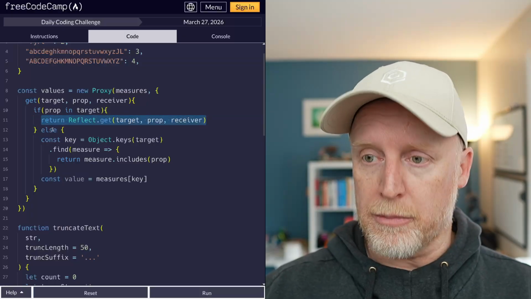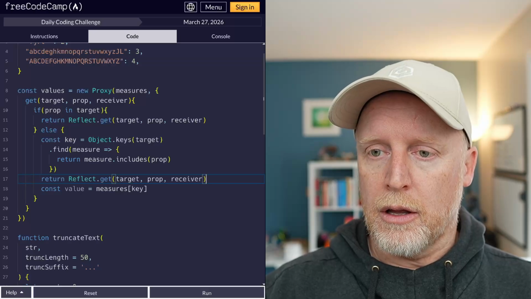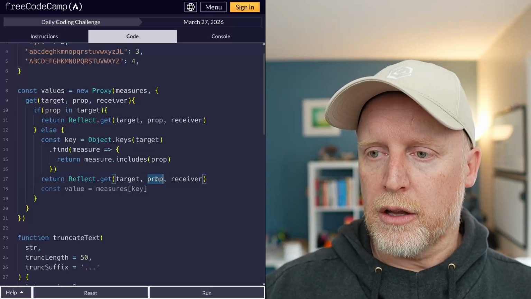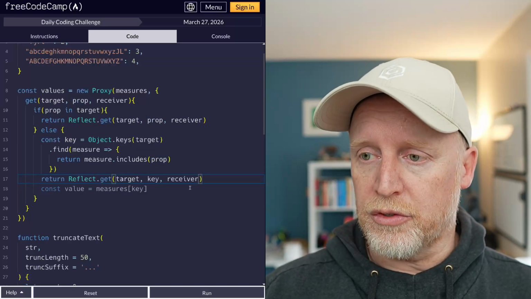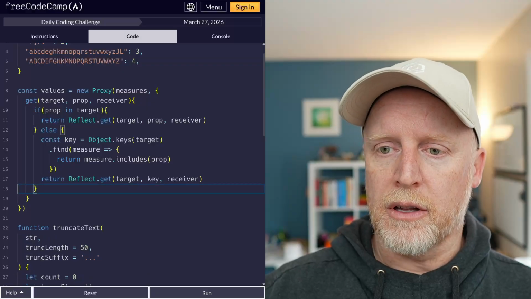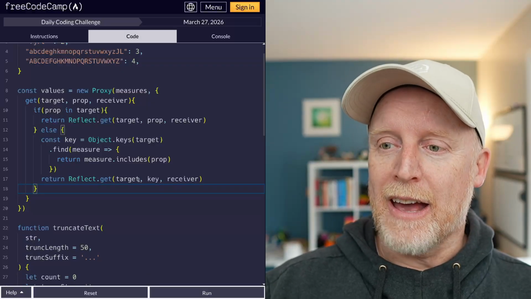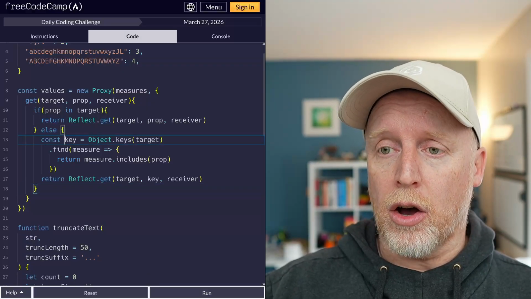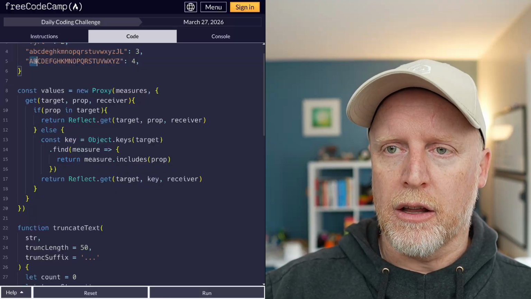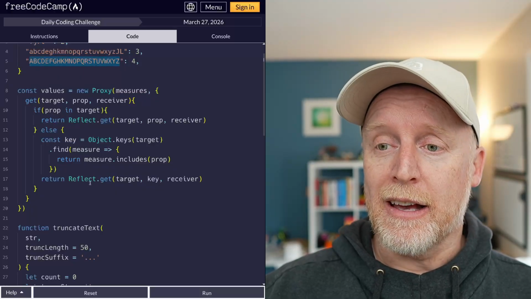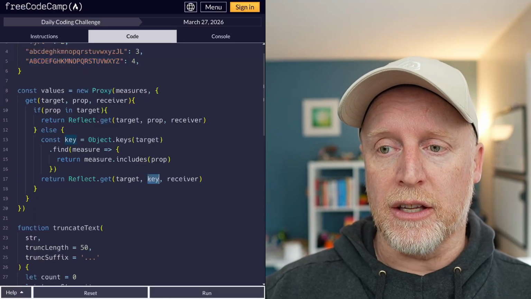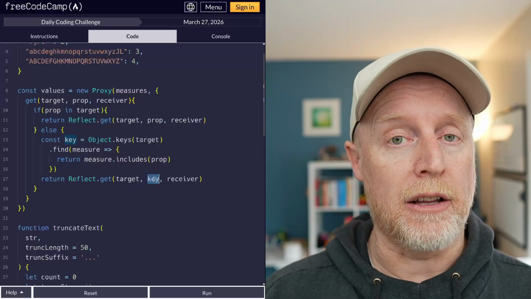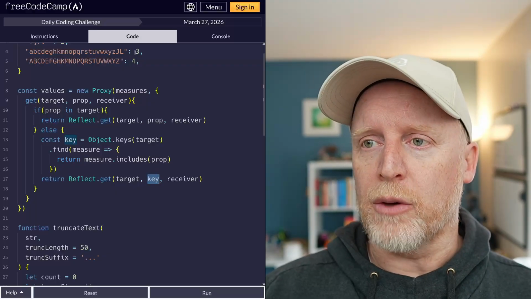And then down here, instead of all of this, we return. So I can actually grab this right here. Return target, key, receiver, okay? Getting rid of all of this, okay? And at this point, what it'll say is, oh, go find the key. It's going to find one of these, the whole thing. And then it's going to use that as its reflected prop,